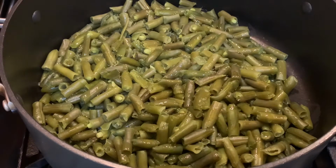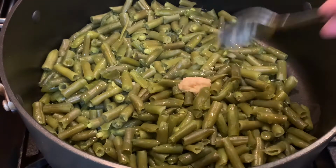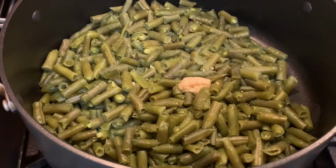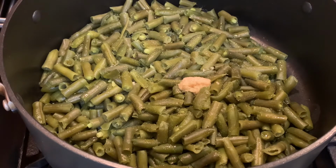I add some olive oil. I always prefer to cook with olive oil. And I will add the spices. It's very simple. I will add some garlic or garlic paste or garlic powder, any kind of garlic you have,